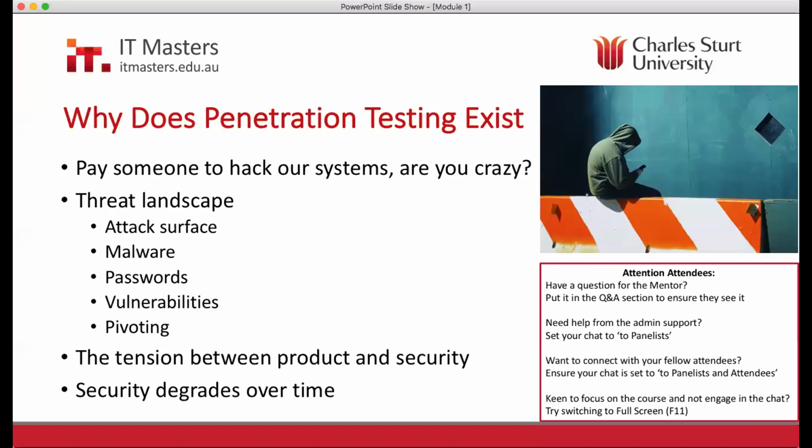And then we think about pivoting. The big thing now is once you get access to a system, you then want to pivot around. It's been the big thing for a long time, but you actually want to pivot around the network. And this is how a lot of the major attacks occur, it is a matter of pivoting from one system to the next. So you have to have security in layers, defense in depth, we call it, so that you can protect against that. And really, it's not going to go away because there is a tension between product launch and security.